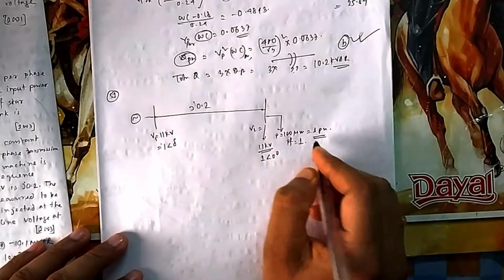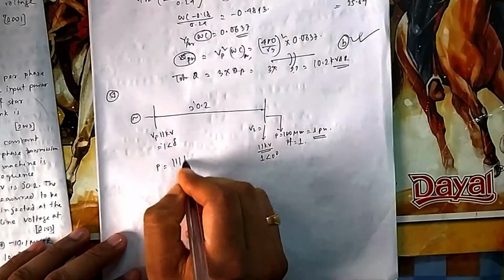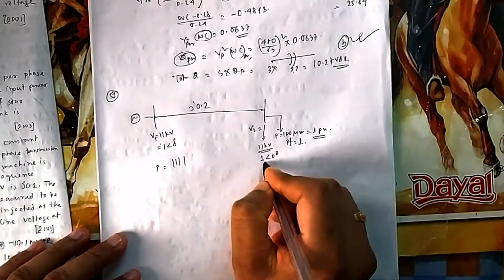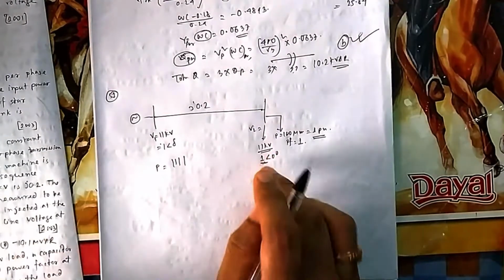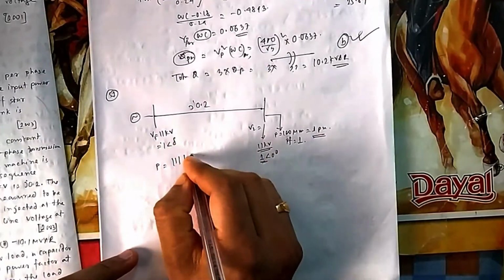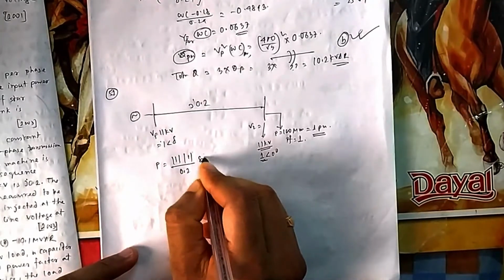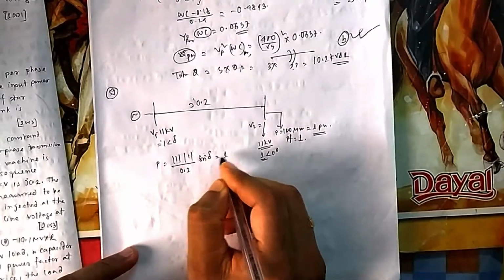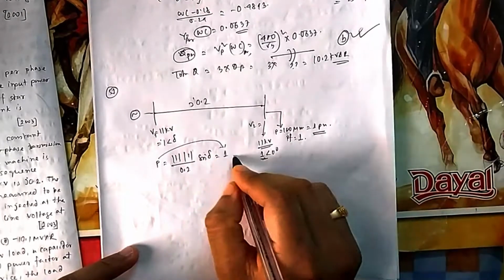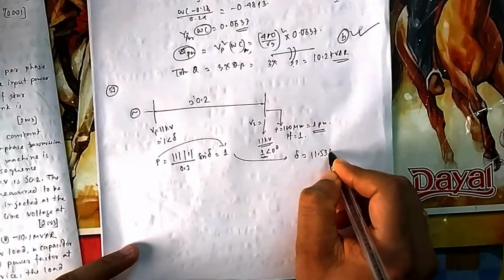Because you are getting 1 PU, you know the power is equal to V1 V2 sine delta divided by X, because this one I am maintaining at 1. This is not at 1 but I am keeping it as 1. Let me see what should be my delta. So with X equal to 0.2, sine delta should be equal to 0.2 so that P should be equal to 1. If you solve it, you will find your delta should be equal to 11.536 degree.